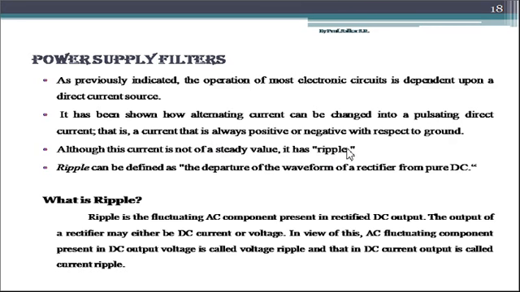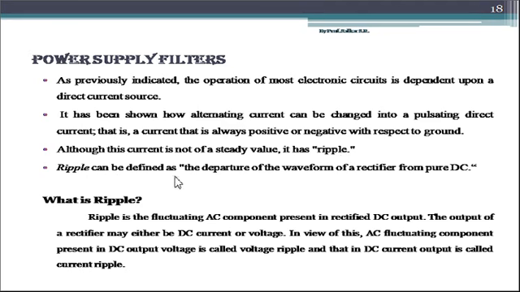What is ripple actually? When the rectifier gives us the output, it contains some amount of AC component. That is, it does not give us the pure DC output. Whatever AC components are present at the output of the rectifier are termed in technical language as ripples. So what does ripple in a power supply mean? It is the unwanted AC components present in the rectifier output. Whatever AC components we do not want, which are present in the rectifier output, are called ripples.